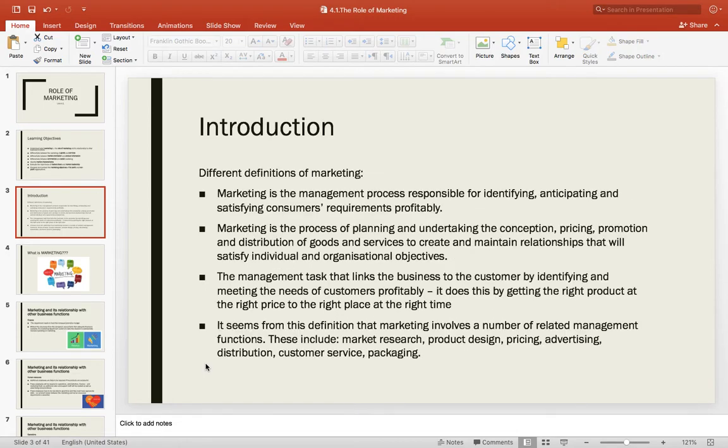Okay? Now, as you can see here, these are some definitions of marketing. Marketing has been defined in different ways from different people through time. There has been many definitions defining marketing, and these are some of them. If we look here, marketing is defined as the management process responsible for identifying, anticipating, and satisfying consumers' requirements profitably. The management task that links the business to the customer by identifying and meeting the needs of customer profitably. You can check these out, look at them. You can also check a lot. I have already uploaded some videos explaining what marketing is through the eyes of different scholars and different